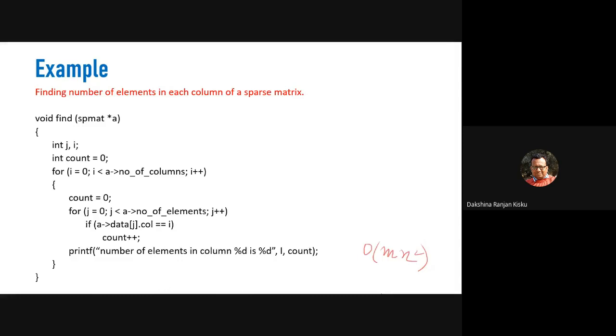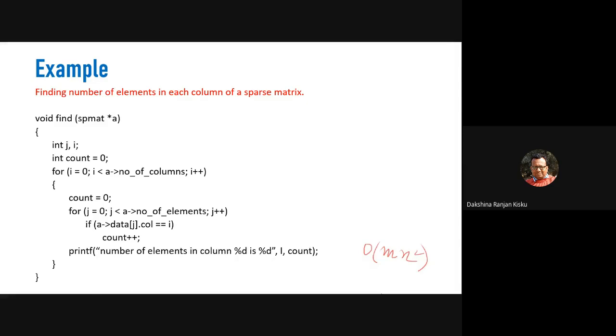This is your function definition. The first for loop is used for keeping track of the number of columns, and the second for loop is used to keep track of the number of non-zero elements.